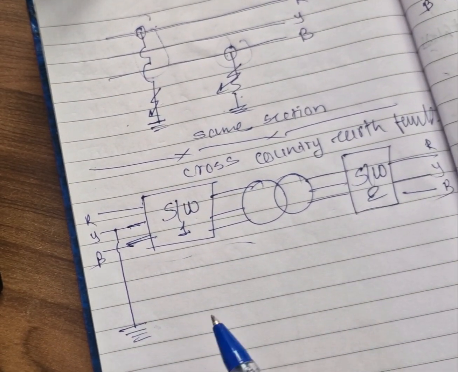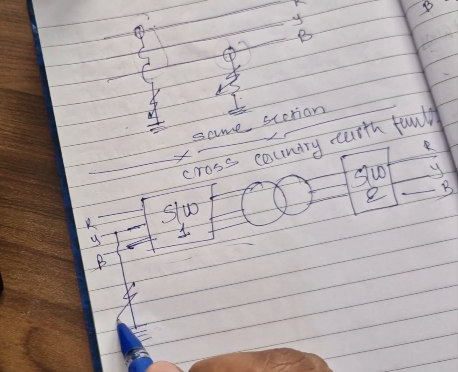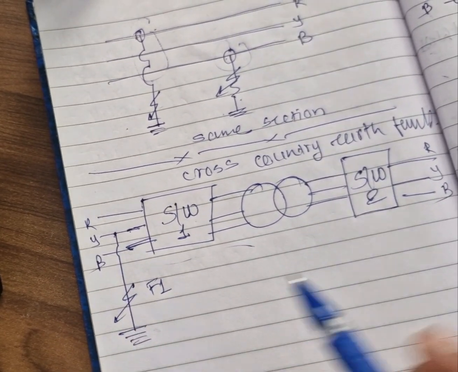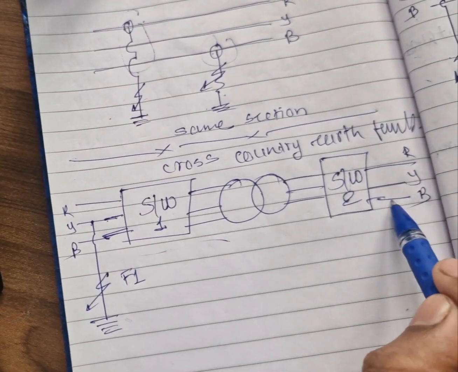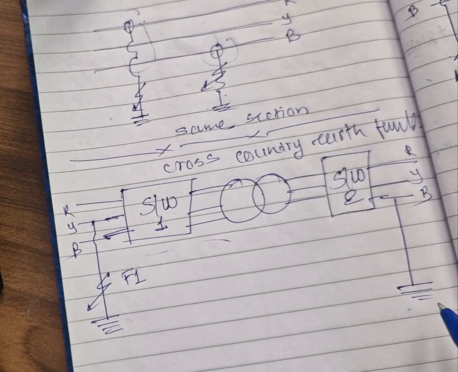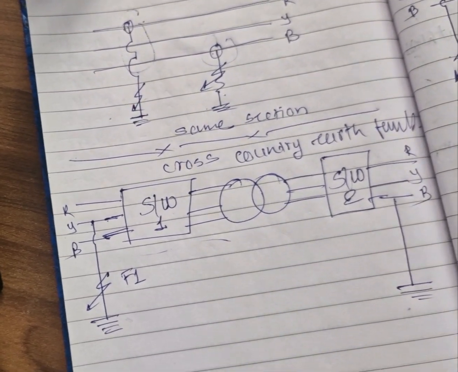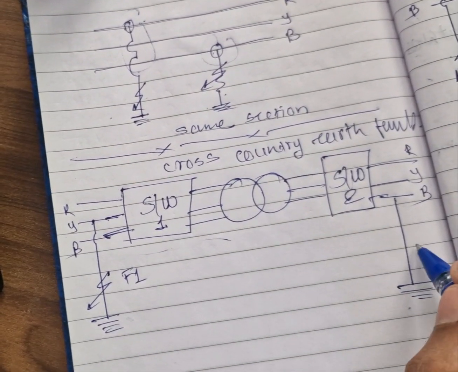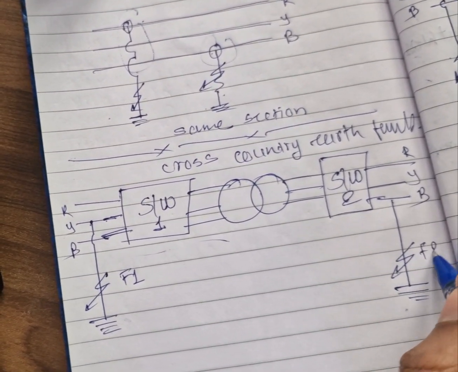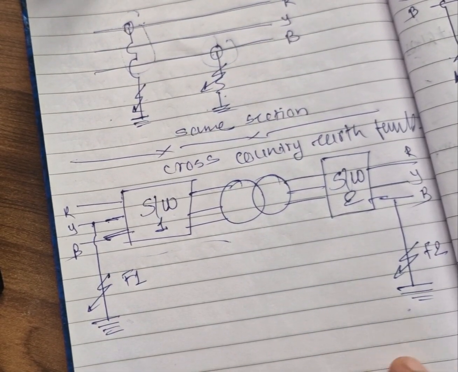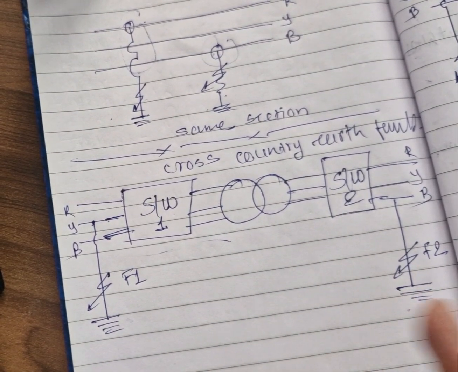Now let's see if the fault occurs like this, phase Y to ground. There can be any reason, due to short circuit. This is my fault 1, F1, on phase Y, and if my other fault occurs on B to ground of the another switchgear or another feeder, or it can be anything, but geographically another location, another section. This is my fault 2. Then